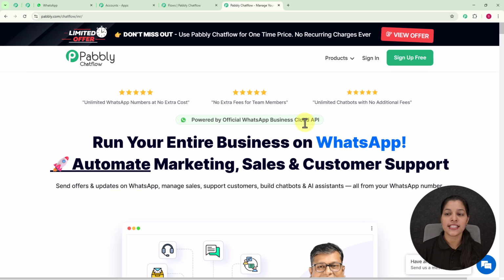And here you can see we are getting two options, that is sign in and sign up free. So if you are a new user, you can simply click over this sign up free, but if you are an existing user, you can simply click over this sign in. And if you sign up your account for free over the Pabbly Chatflow, you get 100 free credits every month